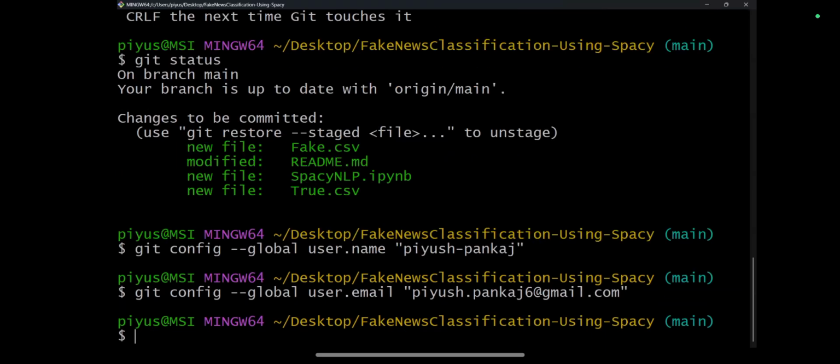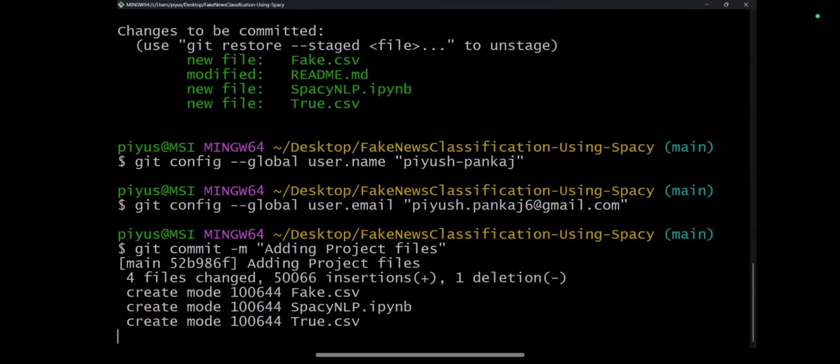Done. Now the main thing is commit. Commit means what? I am going to commit the changes, and commit the changes we do with the help of one message, git commit -m, and here the message is going to be adding project files. A simple message I have given.